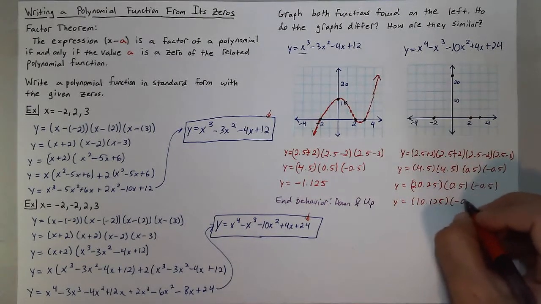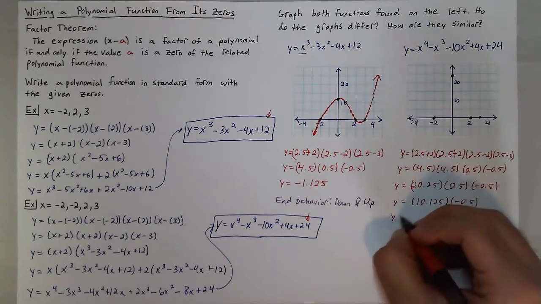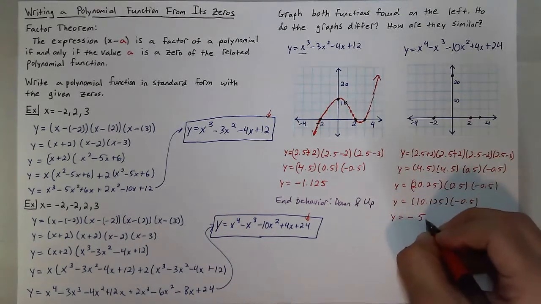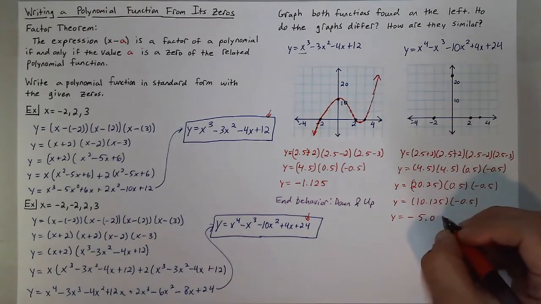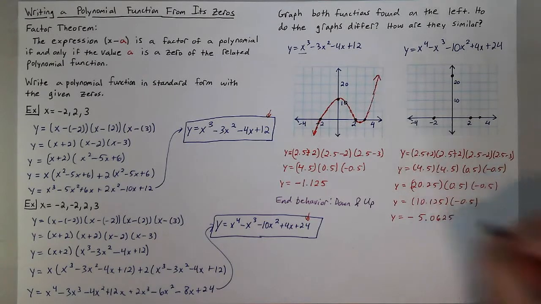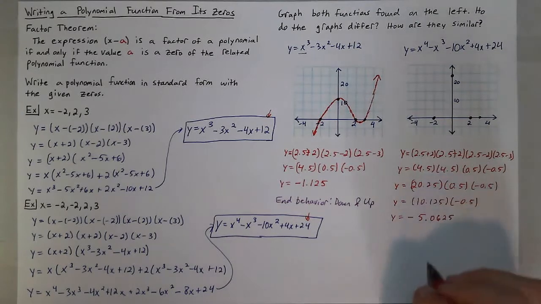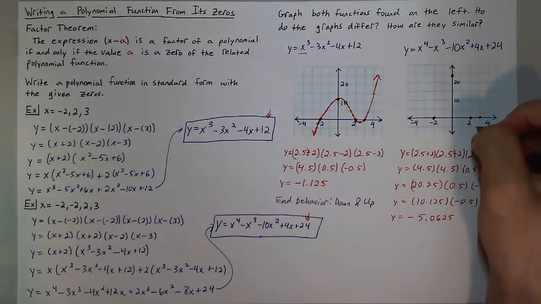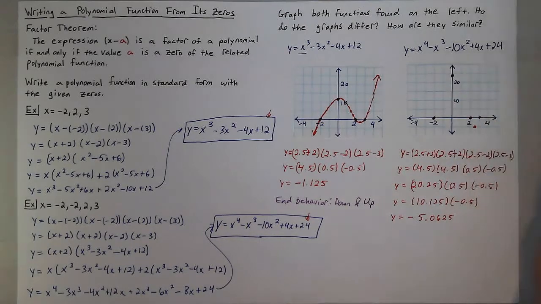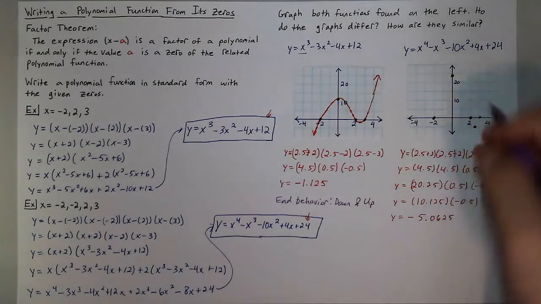And then negative half of that value would be negative 5.0625. So that y value is about negative 5. So it goes pretty low. It's about negative 5. But now its end behavior is a little bit more interesting, because now you would suspect